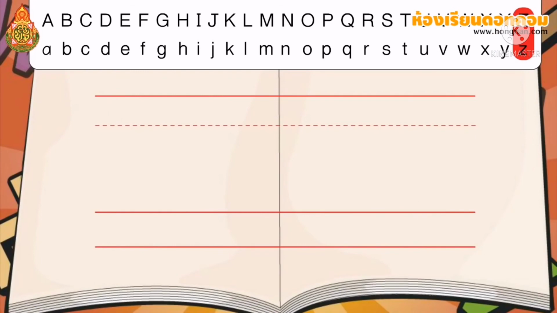ตัวสุดท้ายแล้วค่ะ คือ capital letter และ small letter Z ค่ะ ทั้งสองตัวนี้เขียนเหมือนกันเลย